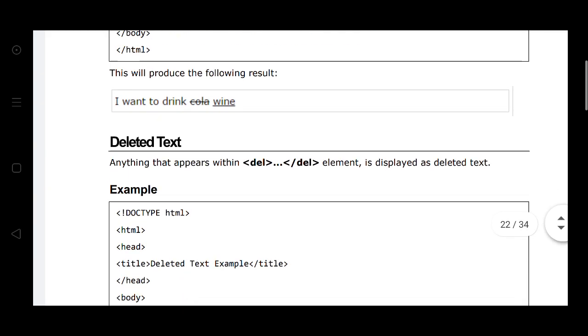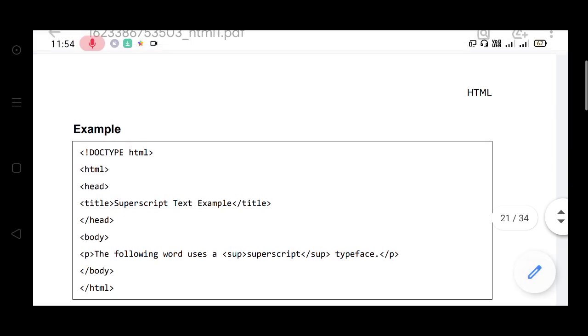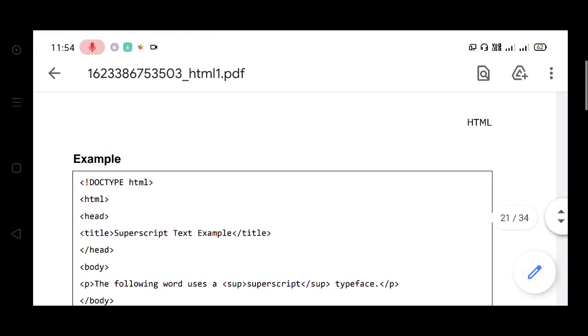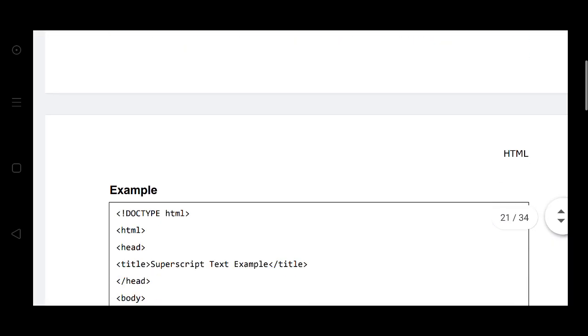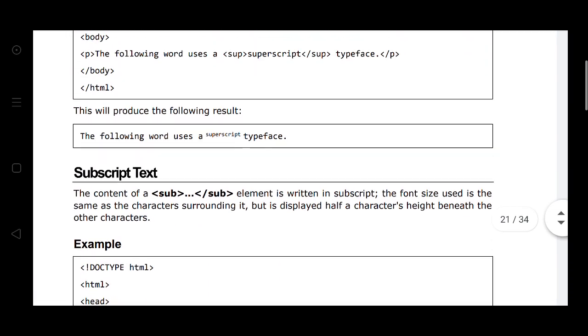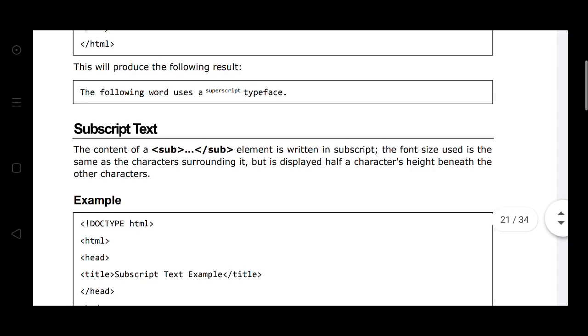Here you have already seen the subscript text.